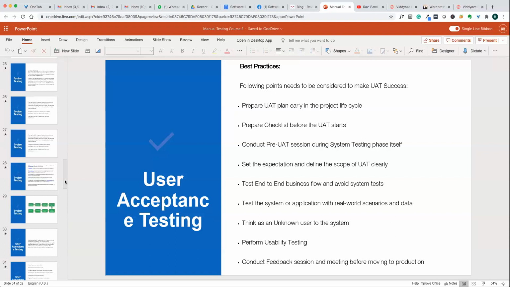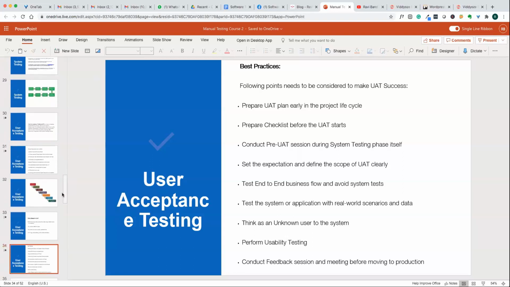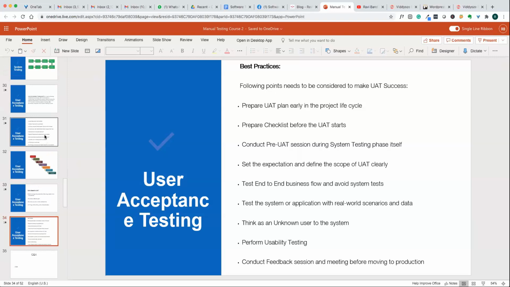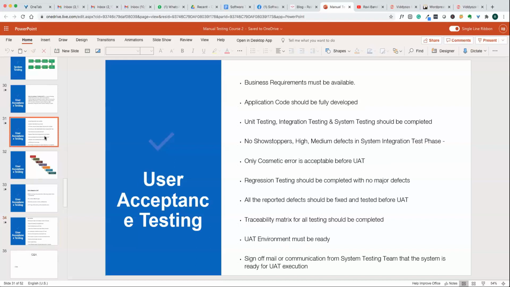Sir, who is involved in UAT testing? UAT is actually done by the business analysts or the final users who are going to use the system. Are testers there or not? Testers will be there, but they don't do direct user acceptance testing. They will support users during testing.